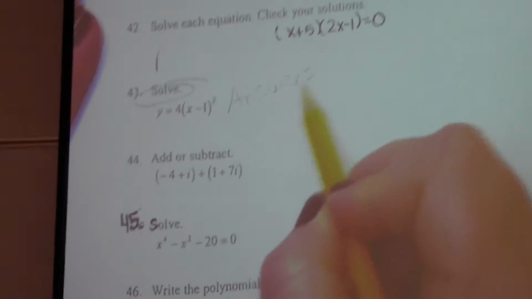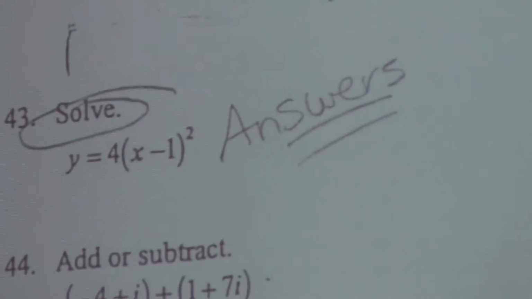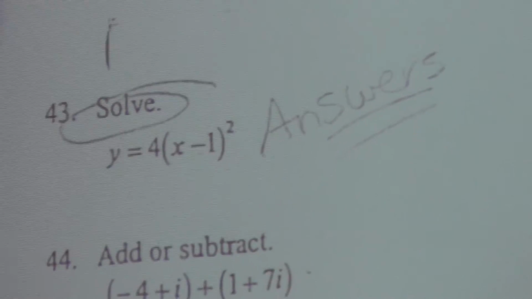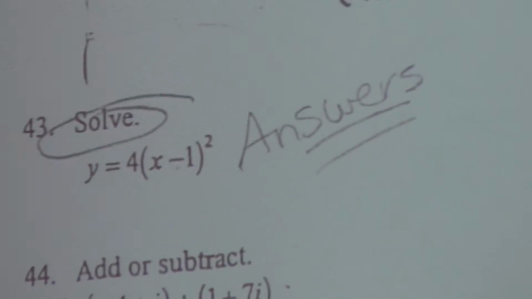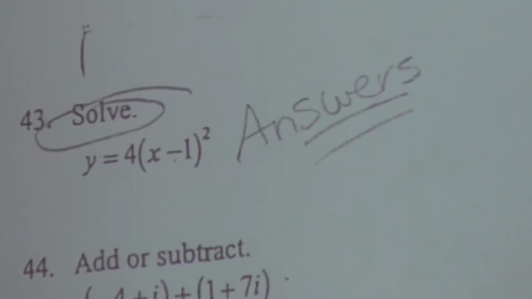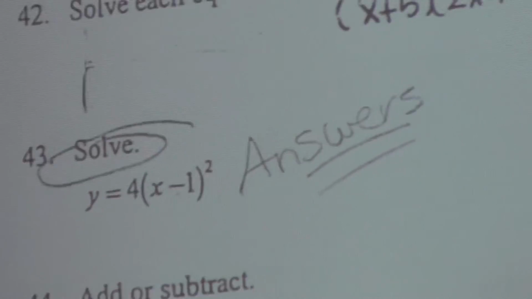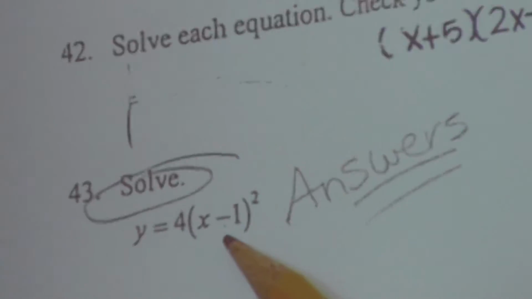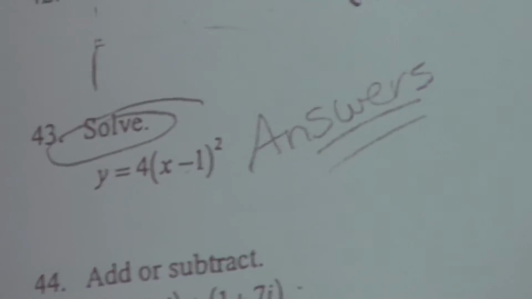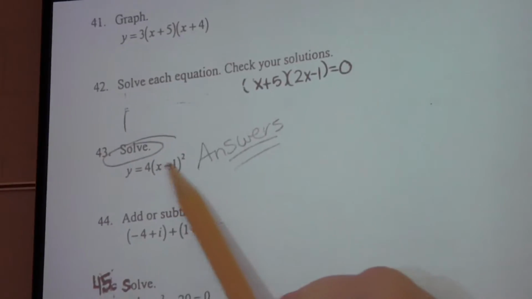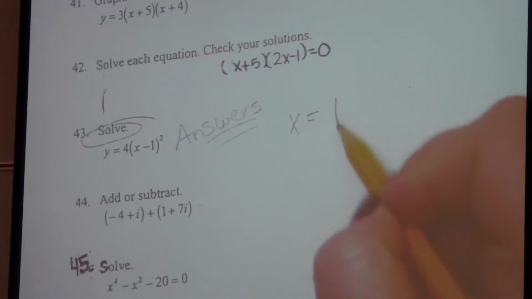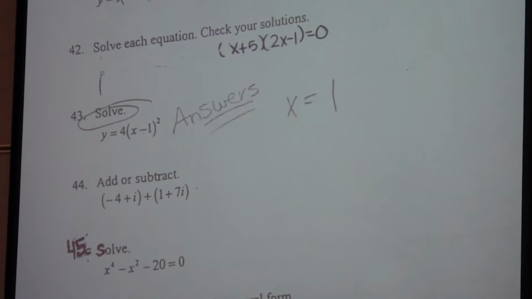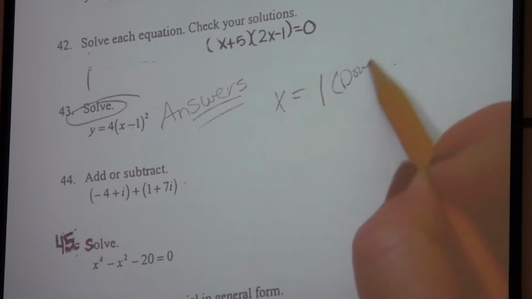Now I can find the answers by drawing a graph. Or I could FOIL this out and then multiply by 4 and use the quadratic formula. People did that yesterday. That takes a long time, but it will absolutely give you the answers. Okay? I could draw the graph and look for where it crosses the x-axis. I could even factor it. Right? But they really just want to know the x equals 1. That's what they want to know. They might even care that it's a double root